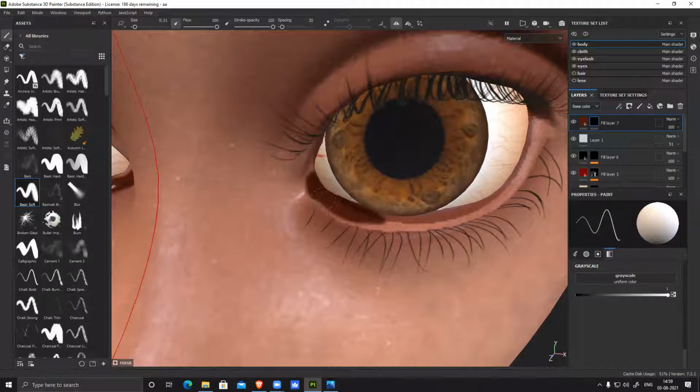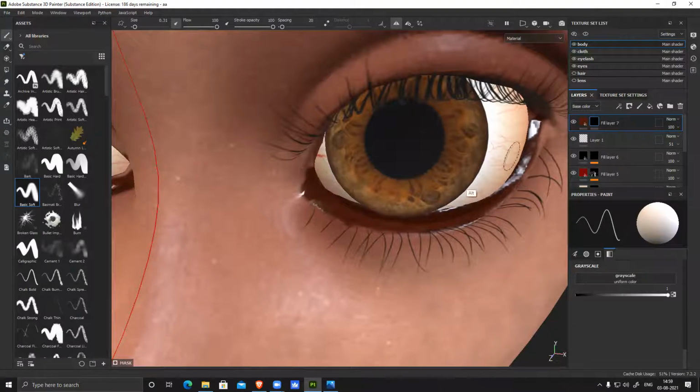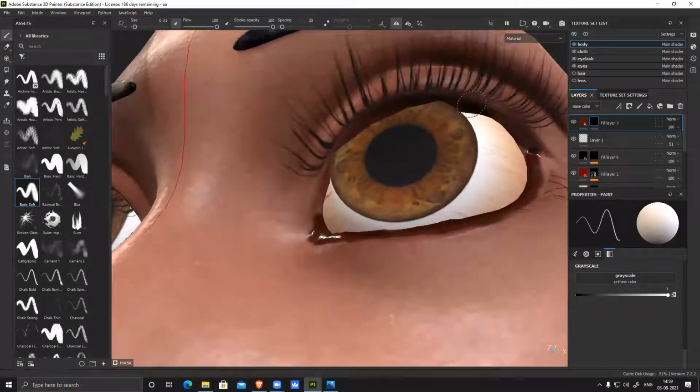I can modify it obviously. Make sure this part is cut off if eye is not visible.